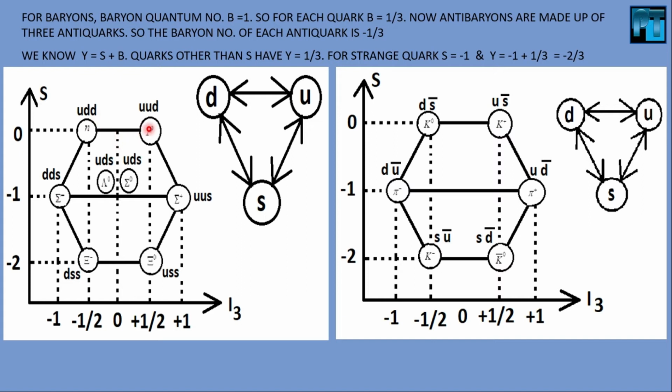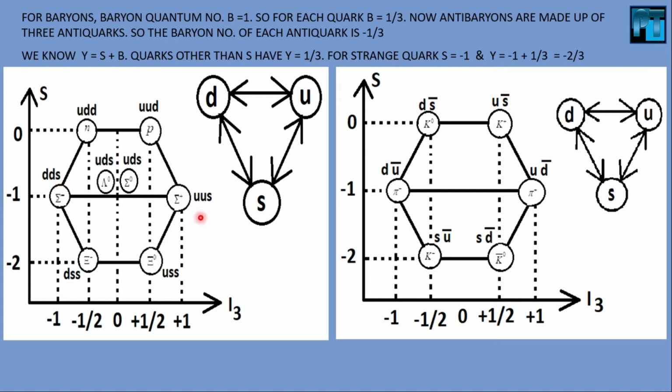Now see carefully, we are taking this path, so d will be converted to s, so this is u, d, s. Now from this one, we are going from right to left, so 1 u will be converted into d. See, this is uds, this is also uds. Then again we are going from right to left, then again a u will be converted to d,